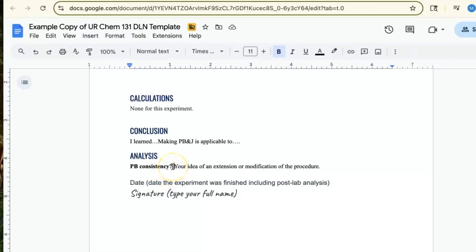That's a good error analysis, not including things like "I spilled" or things that we would consider human error that could have just been simply done better or redone correctly. And then your idea of an extension or modification, maybe you're going to make, in the future, we could think about making the peanut butter and jelly sandwich out of